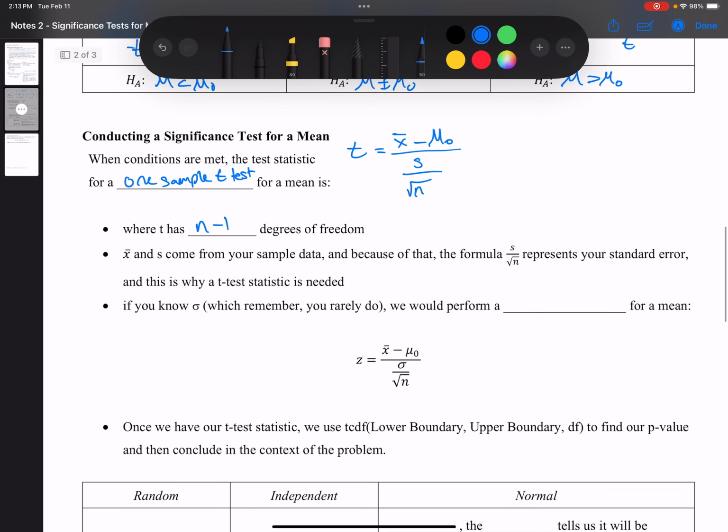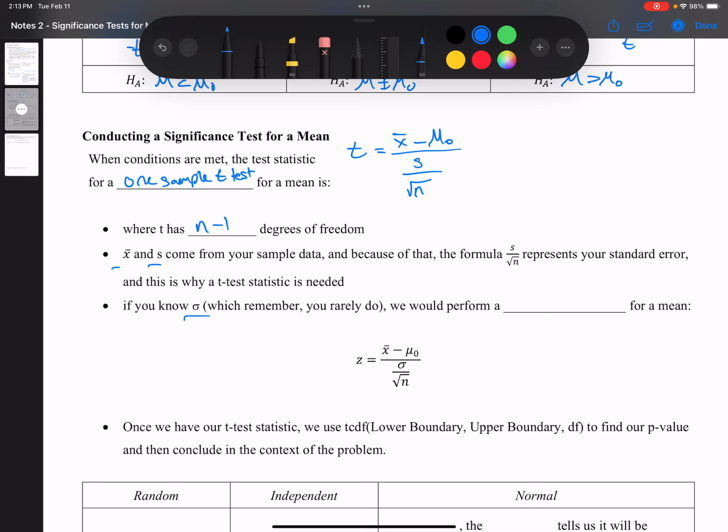And x bar and s come from our sample data. So again, we're going to have the mean from our sample and our standard deviation from the sample. And so because of that, that s over square root of n becomes our standard error instead of standard deviation. But if we do know the population standard deviation, which, like I said last time, you rarely ever have,